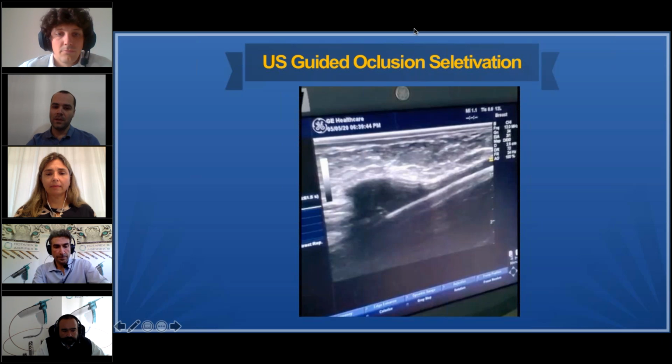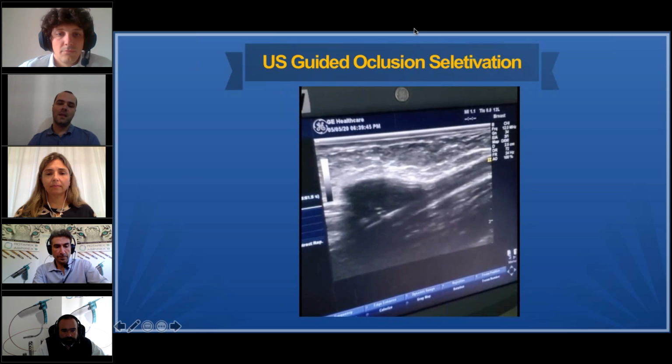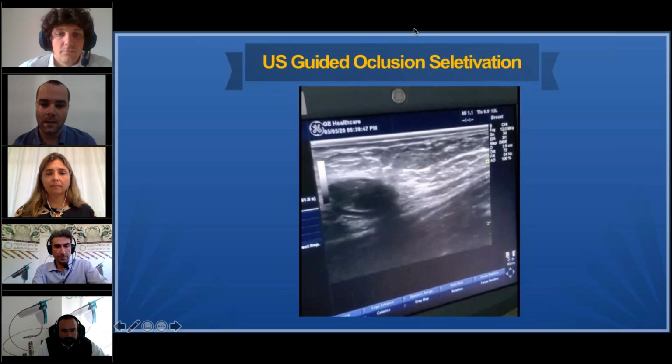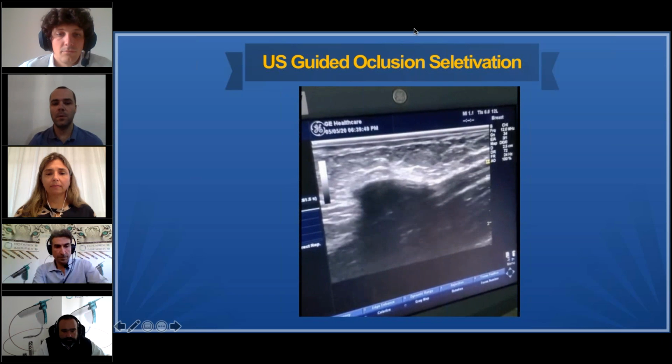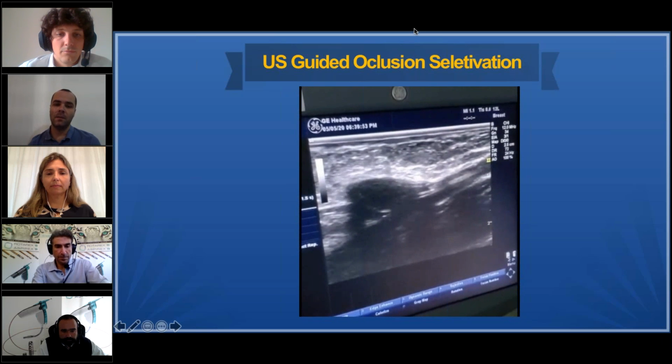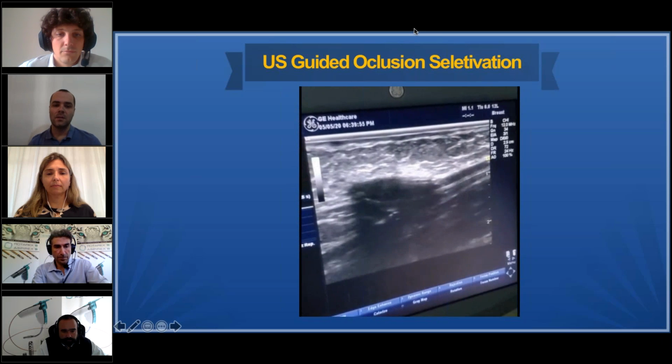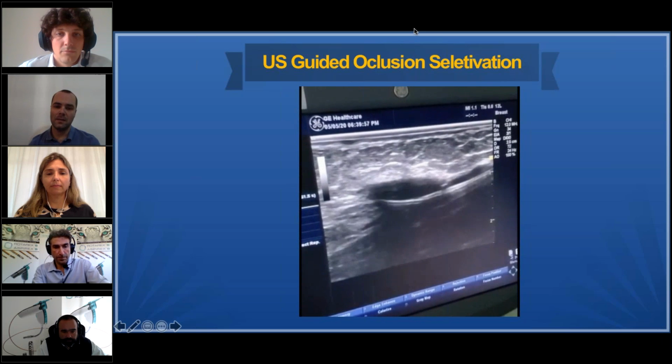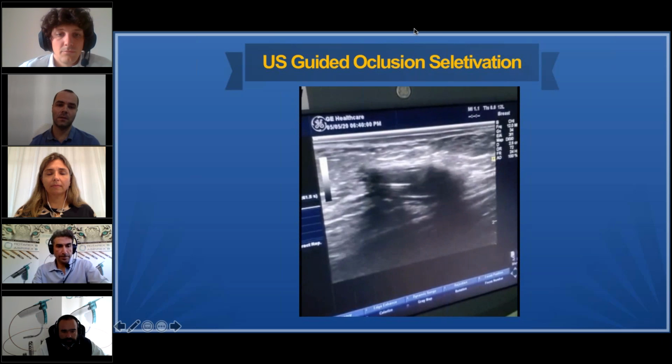With this image, you can see the catheter, the guide wire, and the brachial artery by the ultrasound. At the same moment I put the catheter in the anastomosis, I push the guide wire, spin the catheter in the occlusion, and push the guide wire again, so the guide wire, as you can see, is inside the graft.